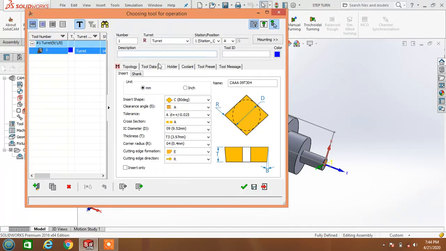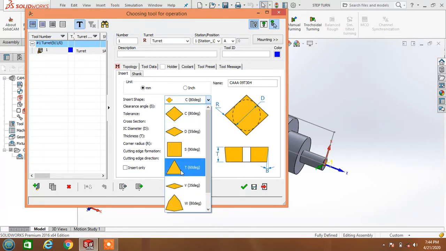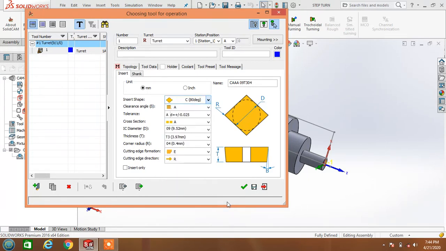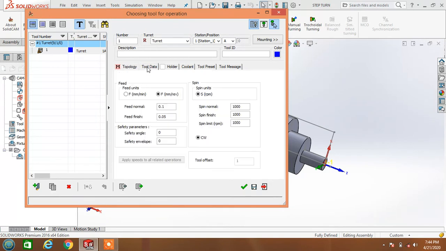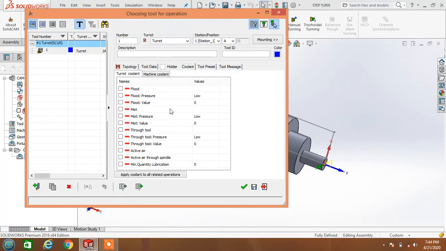Here, whichever topology, even a square shape or anything, we can change by using this. A designer must know this. And there are tool data, feed position, holder, coolant.